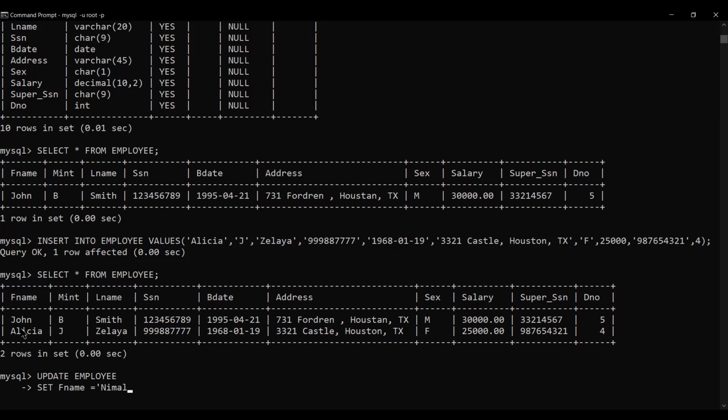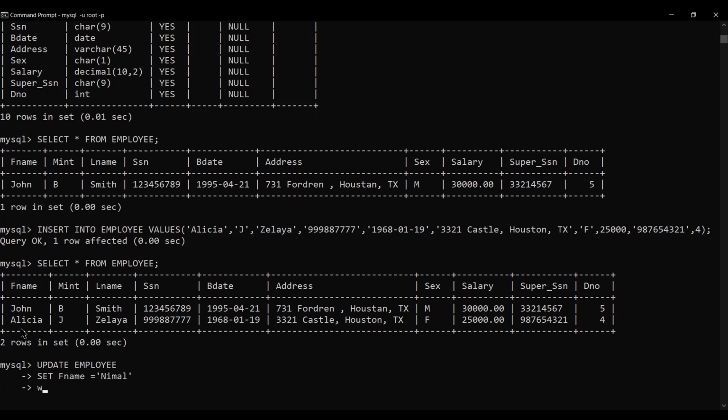It is within the inverted commas. Why? Because it is a string value. Okay. Where